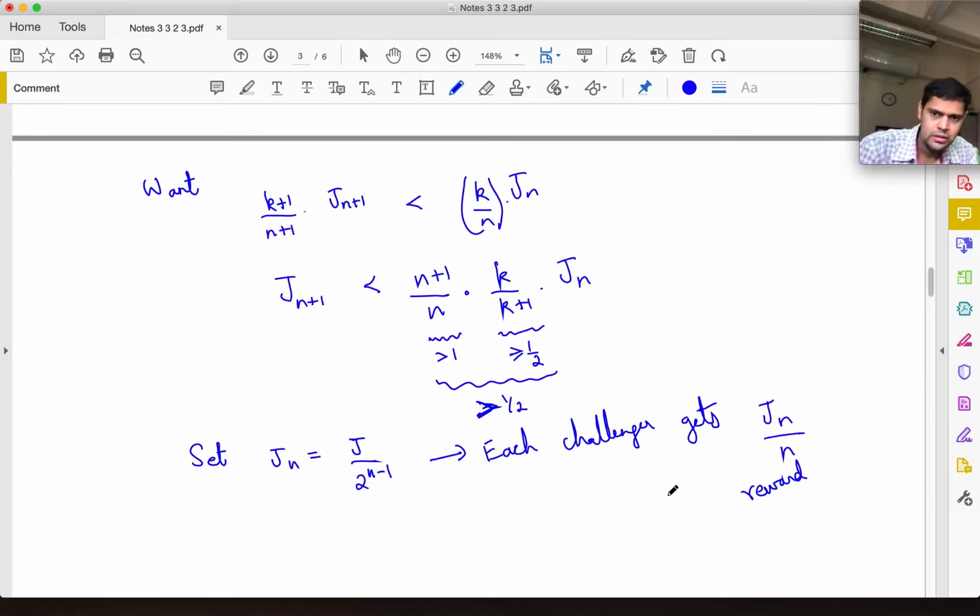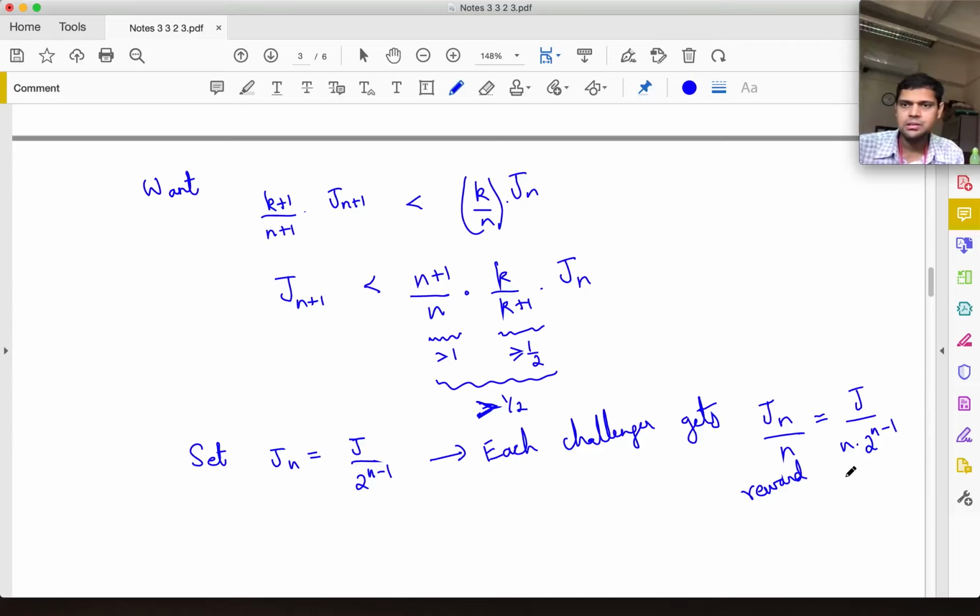So that is effectively going to be equal to this. It's J divided by n times 2 to the power of n minus 1. So it's quite a tricky solution, I should say, that the more and more challengers you have, the